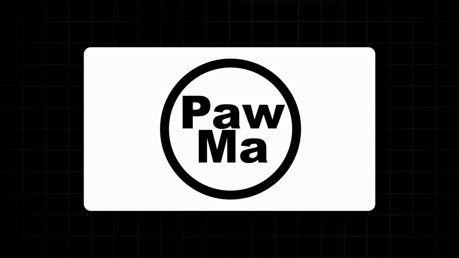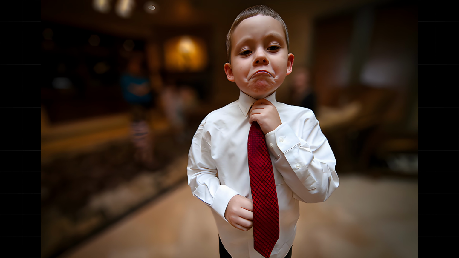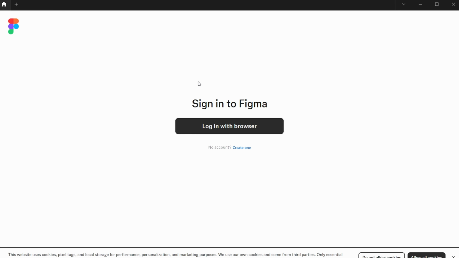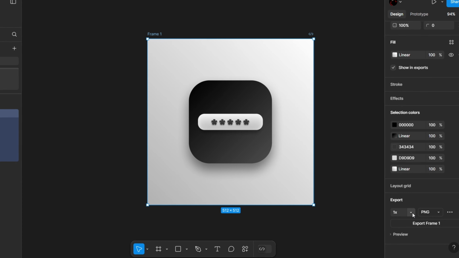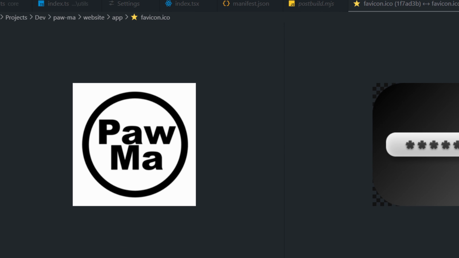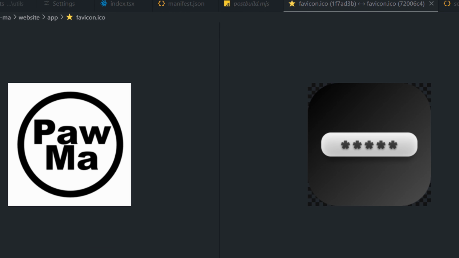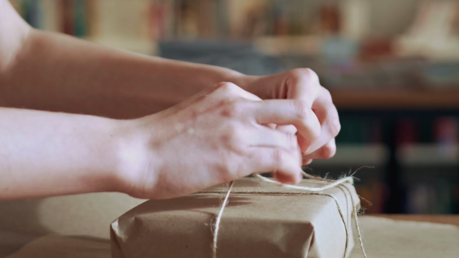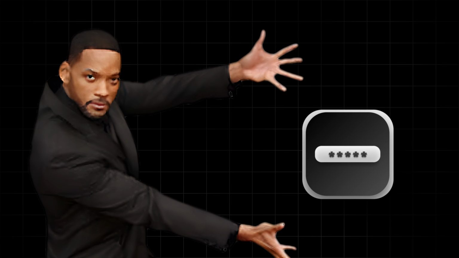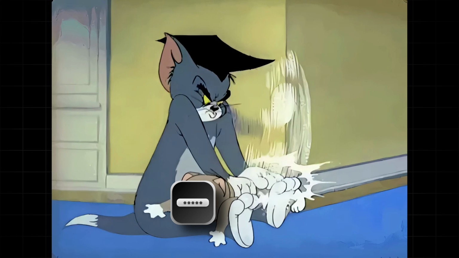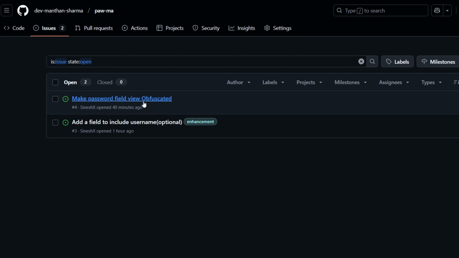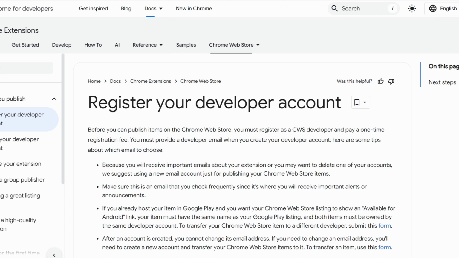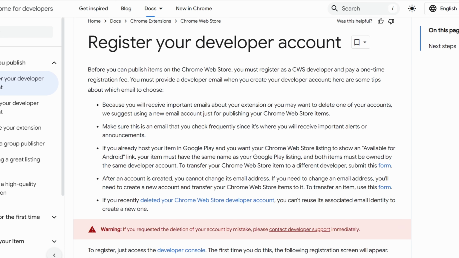Now I needed to update the logo so that it looks more professional. So I installed Figma and created a simple logo after watching some tutorials, and the logo turned out to be great. Then I updated all the old logos with the new ones. Before finalizing the project, I showcased it to a friend, and after testing, he recommended some improvements that could be applied before releasing it to the public. So I quickly implemented these features and moved on to publish the Chrome extension in the Chrome Web Store.